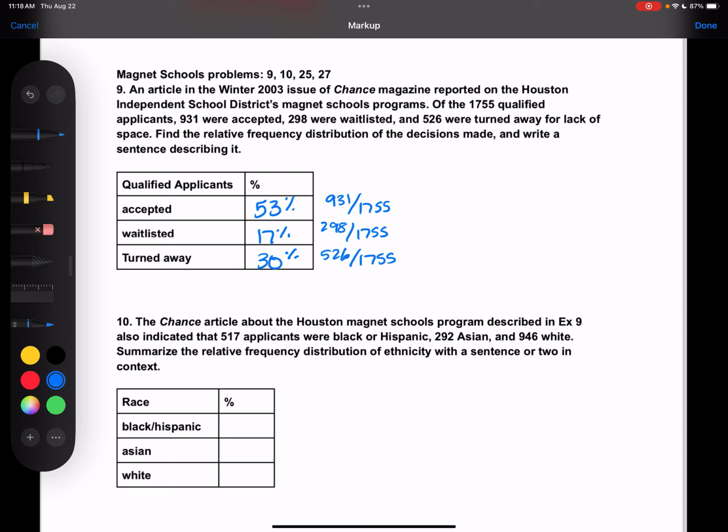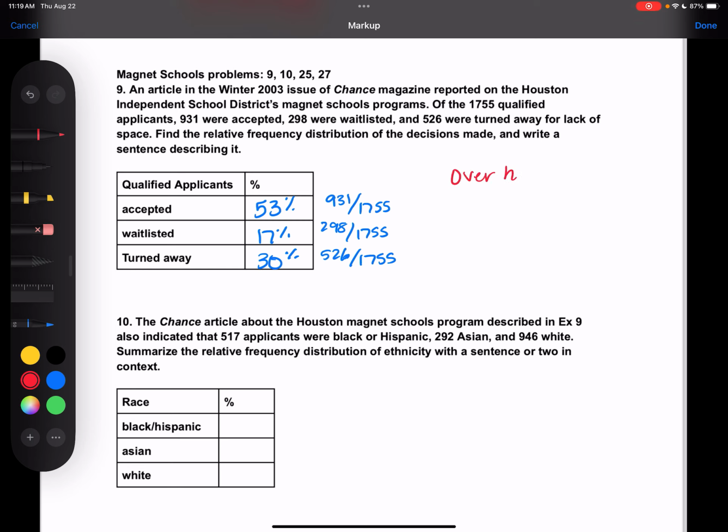So the thing that says write a sentence describing it, it's kind of just a concluding statement. What you're going to find is many problems in this class want some sort of a conclusion about what you found, kind of like summarizing your data. So what do you notice about this information? Because they accepted over half. And then the remaining portion was waitlisted or turned away. It's short and sweet, but that's literally all you have to have. So I just would say something like